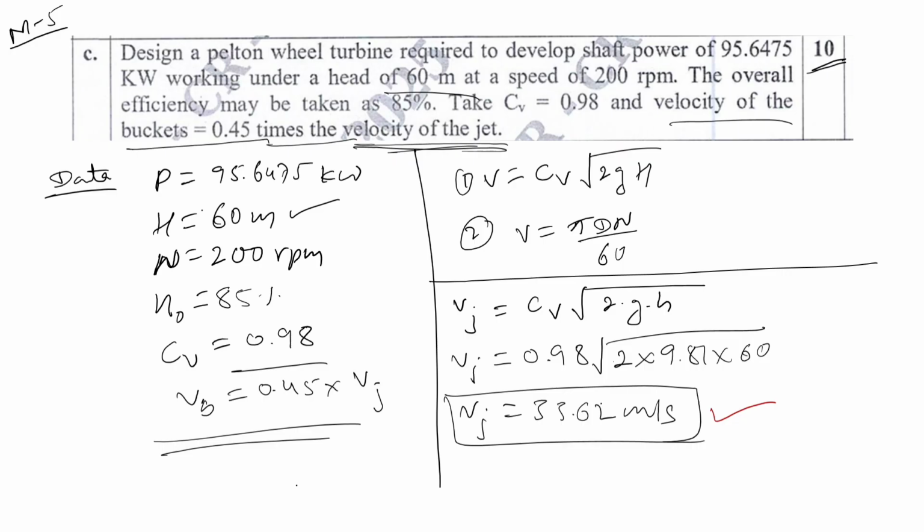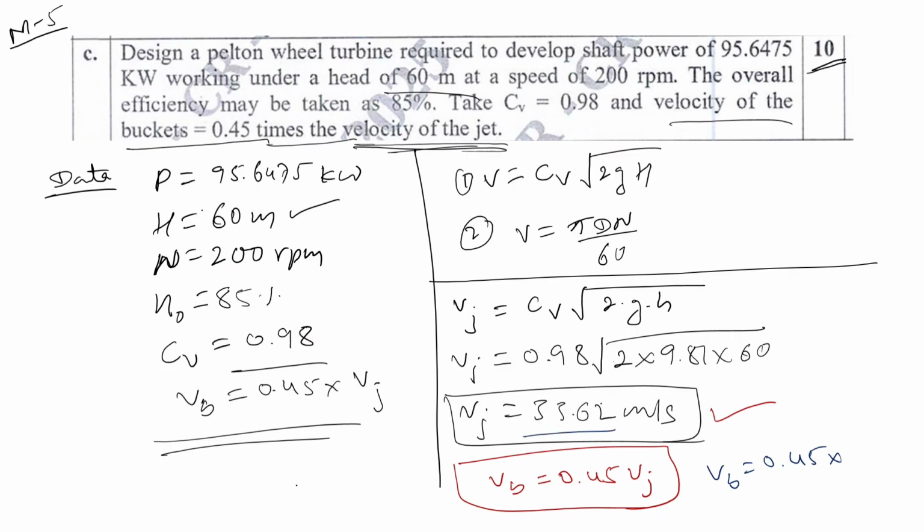From the given condition, VB is equal to 0.45 Vz, we can calculate the value of VB. VB is equal to 0.45 into Vz, that is 33.62. We will get VB is equal to 15.13 meter per second. We use the formula VB is equal to pi dN divided by 60 to determine the